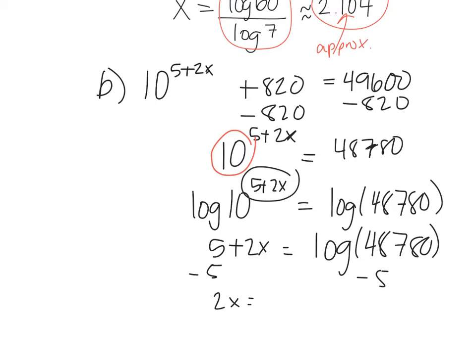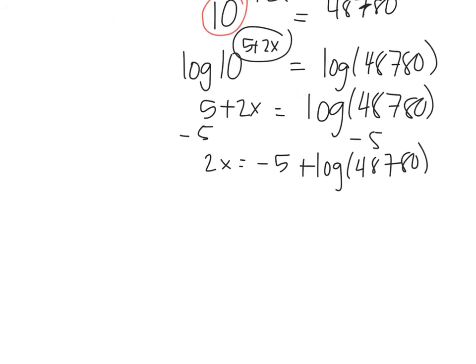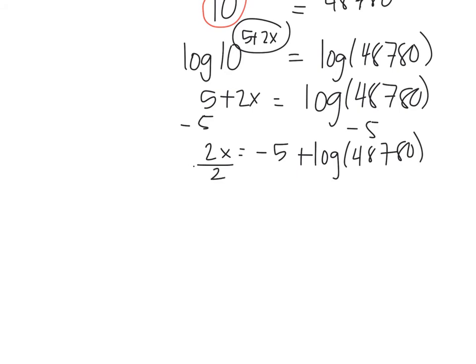Now, I now have negative 5 plus log of 48,780. Okay, the 48,000 is trapped inside of my logarithm, so I will not get log of 48,775. That is illegal. I will get a big red X on my paper if I do that. Okay, so now I just have to divide by 2, and so I'll divide my whole answer by 2. So I get x equals negative 5 plus log of